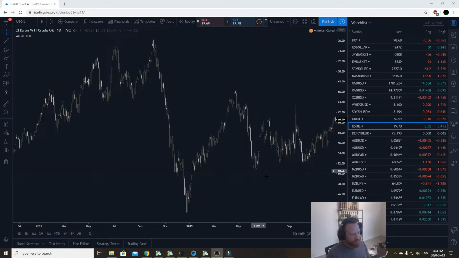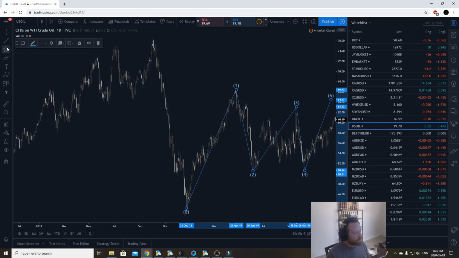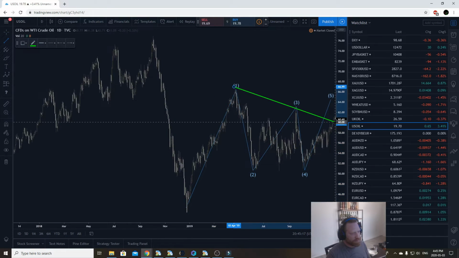Here's another example. So here we see we have 2 highs and we have 3 lows here. So we can connect those if we want. So let's just put our numbers together. So this is wave 1, then we have wave 2. We want to connect that high and that low. And then this is going to be the 5th wave somewhere in there. So if we connect wave 1 and wave 3,